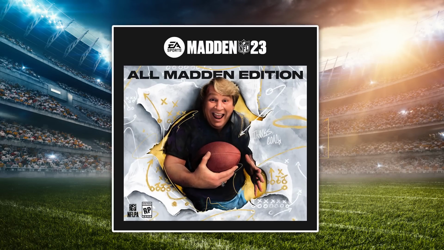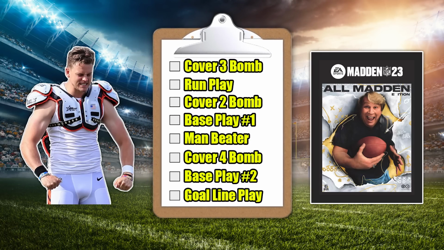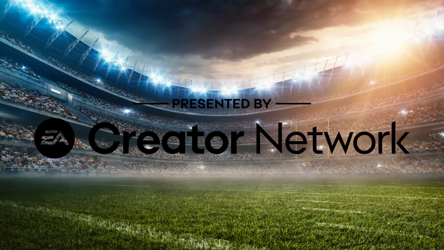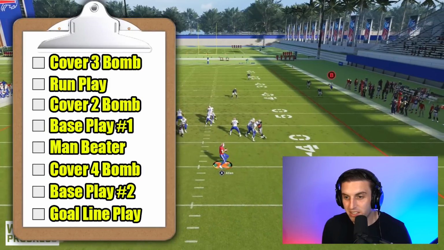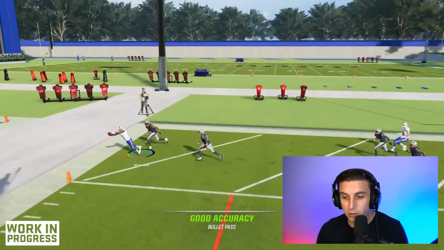This is Madden 23, and this is a list of all the things you need to build an overpowered offense in Madden 23, which I captured early access work-in-progress footage of thanks to EA and the EA Creator Network. Using this list, I'm going to find one-play touchdowns, run plays, and goal line plays to build a complete offense